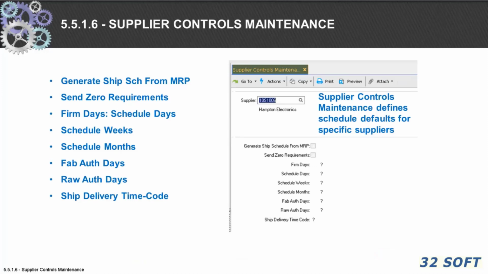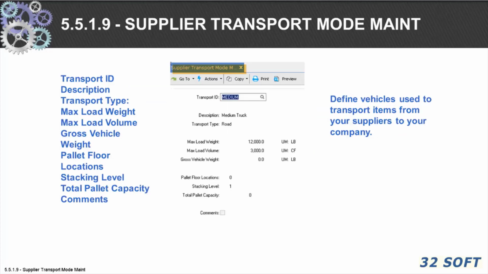5.5.1.6 Supplier Control Maintenance defines schedule defaults for specific suppliers for the parameters of generate from MRP, zero firm days, schedules, weeks, fab and raw material, authorization days, and the ship delivery time codes. 5.5.1.9 Supplier Transport Mode Maintenance is used to define vehicles used to transport items from your suppliers to your company.